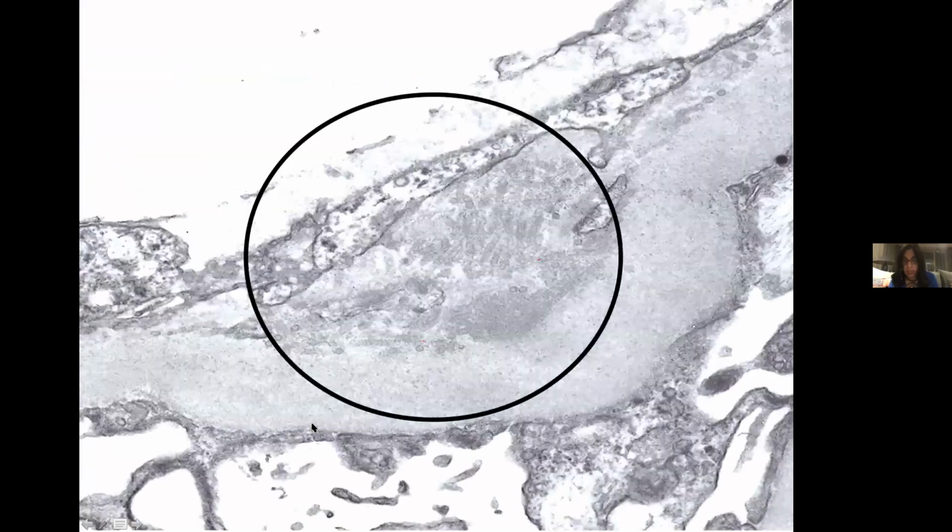You don't always get it as nice. The case I had was really exemplary, but in a real-life scenario, this is how immunotactoid looks. So you can start guessing whether this is an immunotactoid glomerulonephritis or a cryoglobulinemia. That's why some authors or renal pathologists do not like to segregate it into a separate entity, except after they exclude everything else. And again, this is a high power of how the microtubules look.